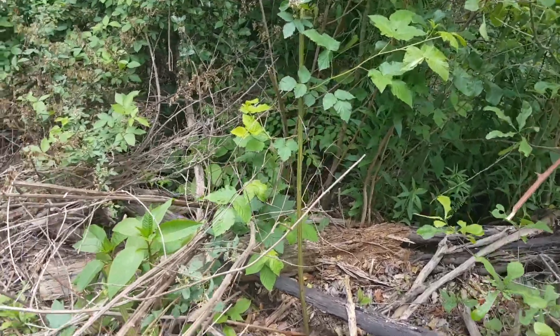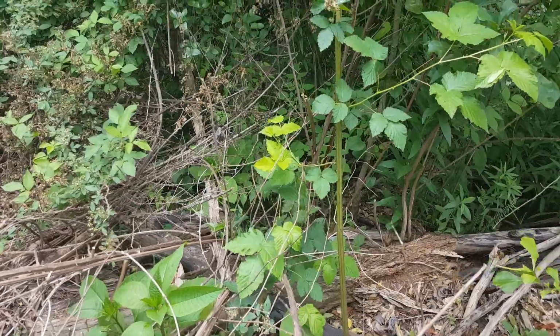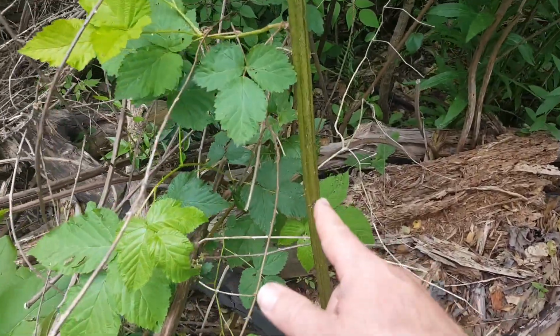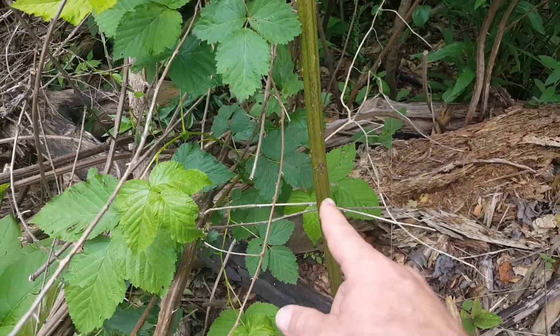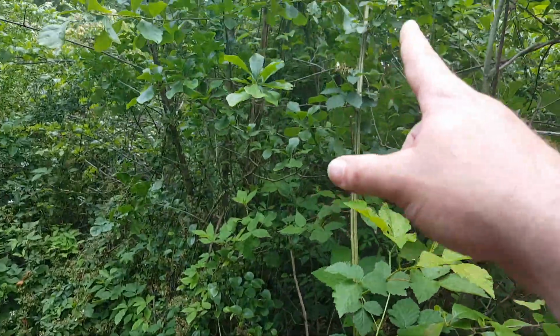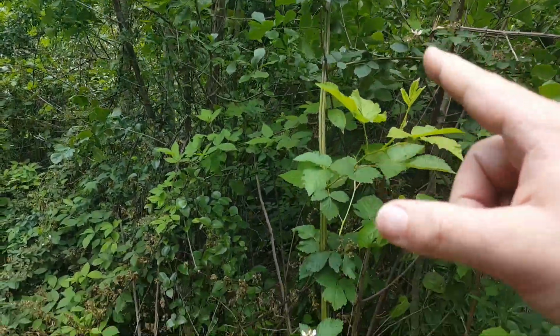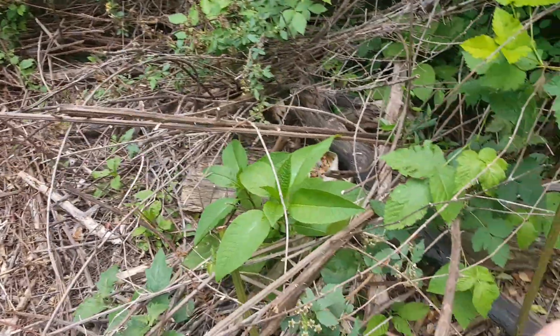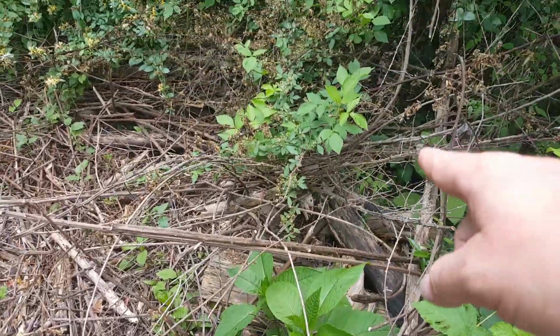Here is an example of this devil's walking stick right down in here. This thing, you can see these briars or thorns that come off of it and how thick that stalk is, and it goes straight up into the air. And then you've got so mixed in this, you can see some of the stalks from this devil's walking stick, and then you can see those little thin